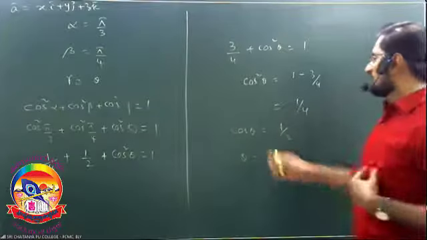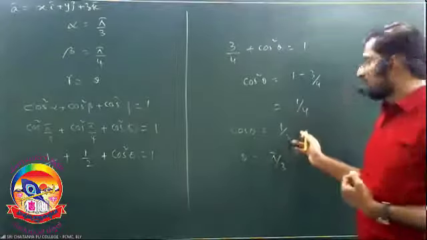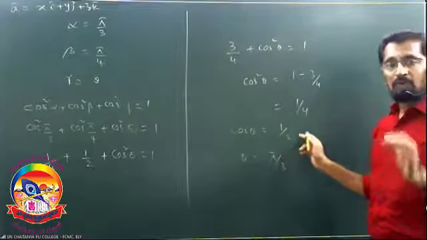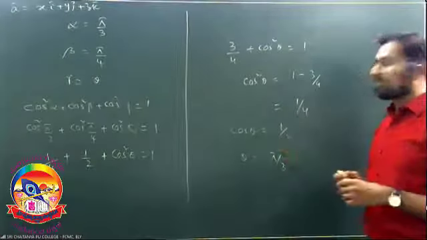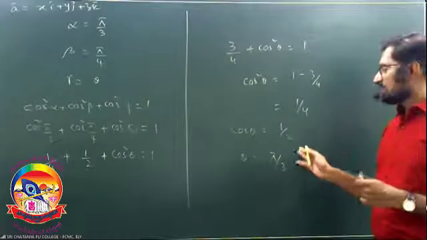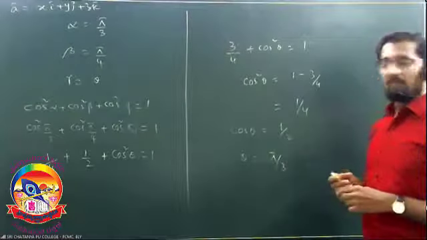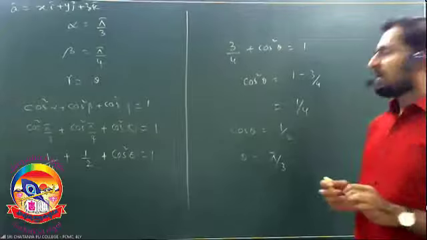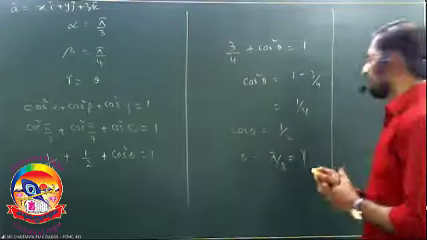So for theta, we are taking only the positive x-axis now. That's why you are going to get the positive angle. So I took only 1 by 2 but not minus 1 by 2, right? So theta is equal to pi by 3, that means 1 by 2 is the value of cos 60 degrees. So theta is equal to pi by 3 again, which is equal to gamma.